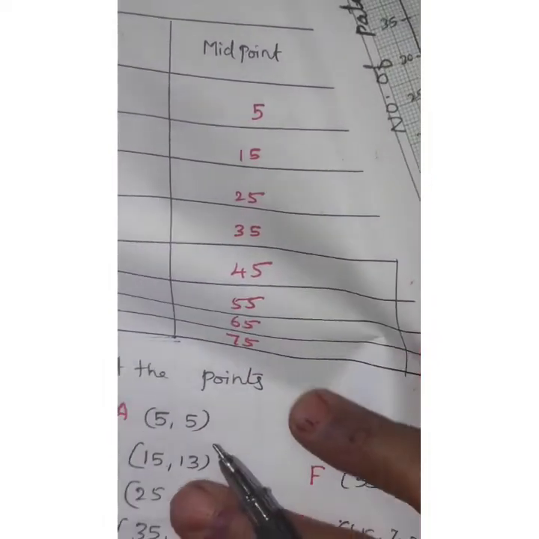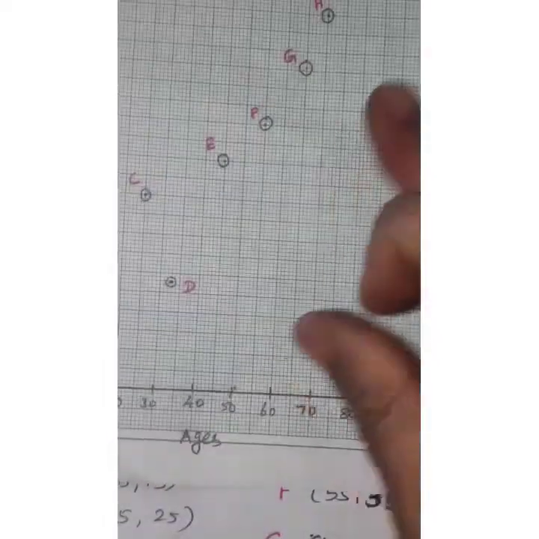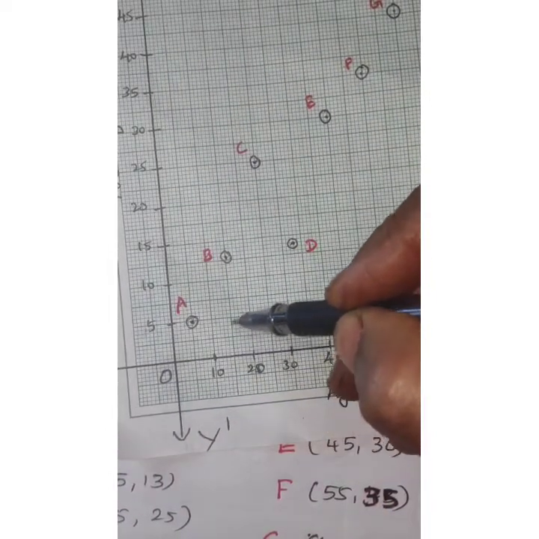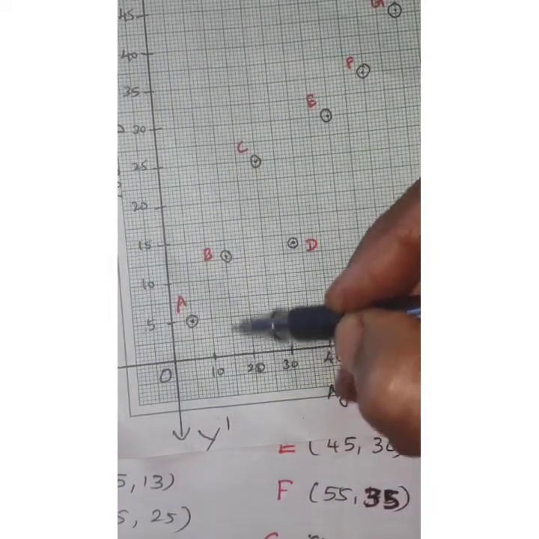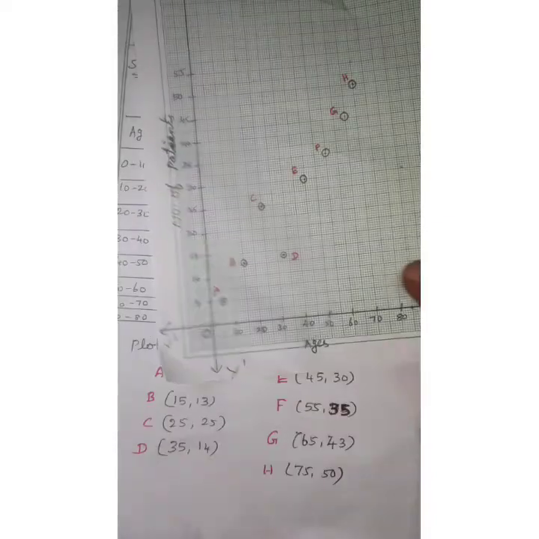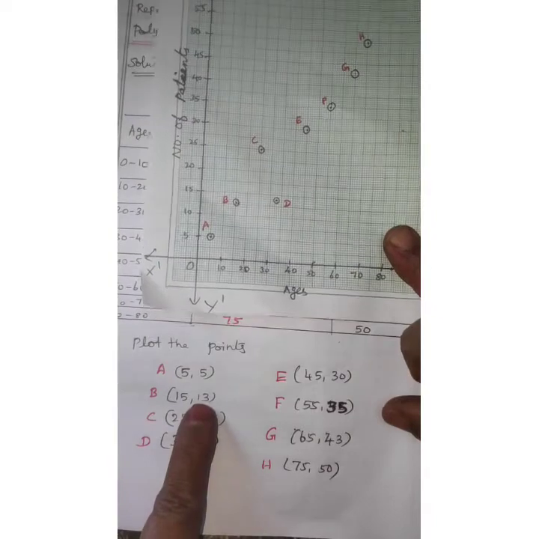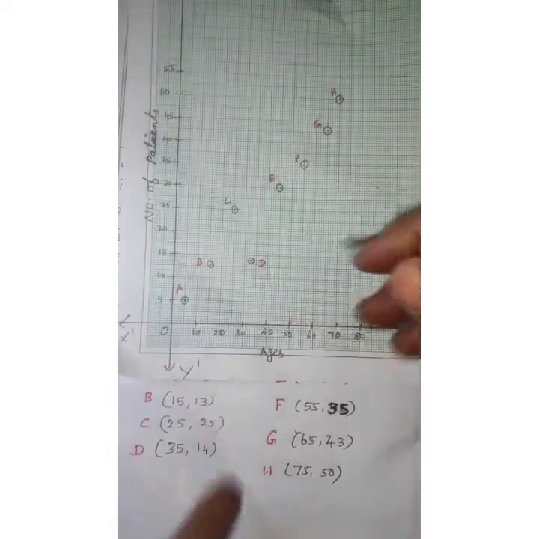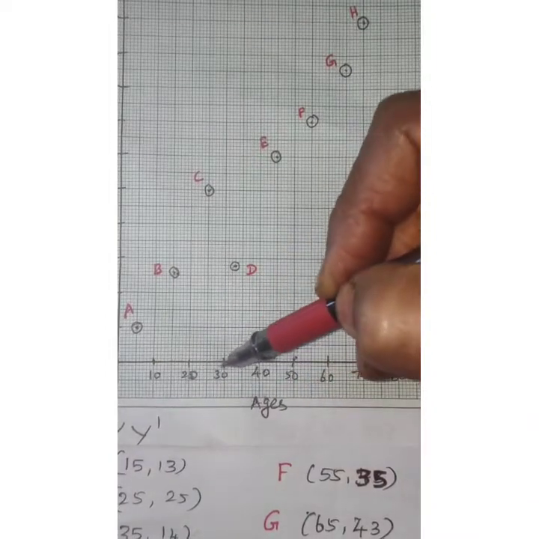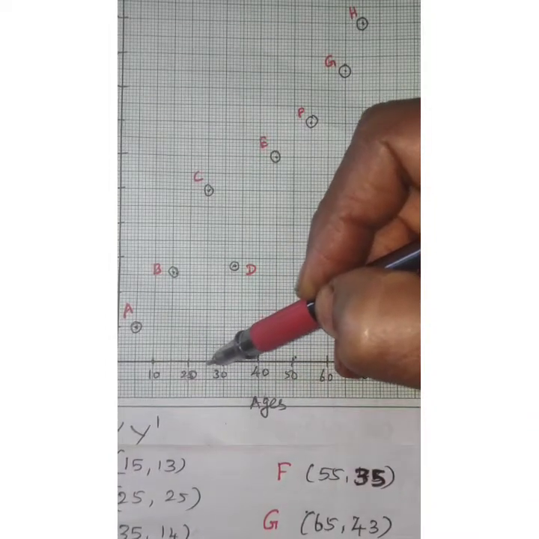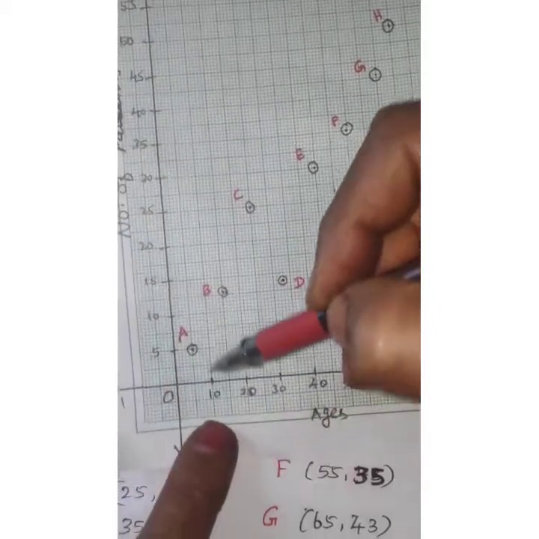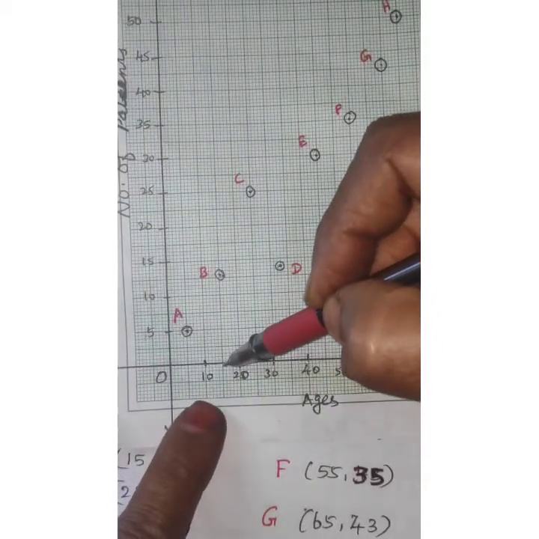Next B is, what is the point? 5, 15, 13. Between 10 and 20, the small line is 15. 15 you write it and there you write 15, 13 is the B point. 15, where is there? Very carefully listen to that one. Between 20 and 30, the small line... Fifth line is 15. Sorry. Between 10 and 20, the line is 15.